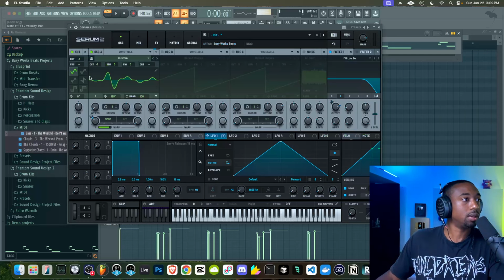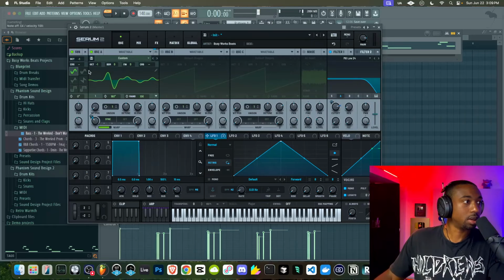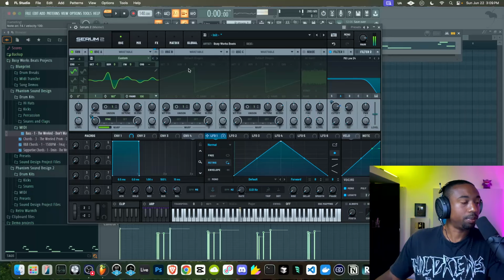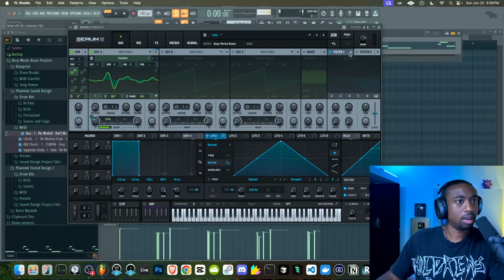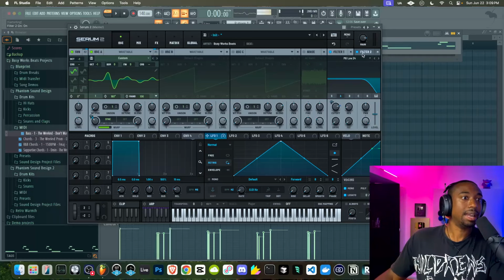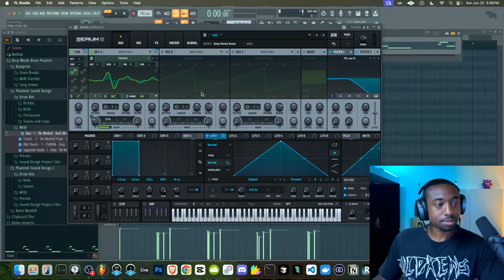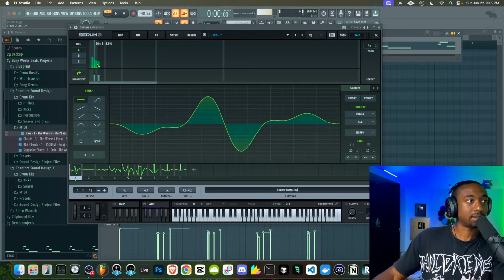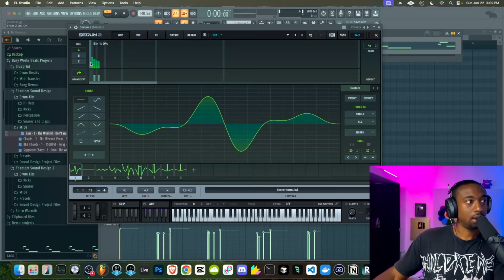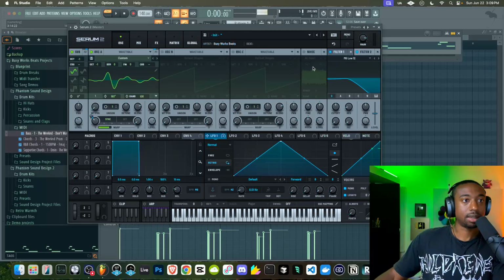But another thing we could do now with the sub oscillator is run it through different filters. So let's run it through a filter. Let's switch this to, I think by default it's in. Okay, let's run it through filter 2. Let's turn filter 2 on. And now what we can do is create custom harmonics for this fundamental frequency. So now we're stacking the harmonics of this sound, which only has what? The first harmonic, second, third, fourth, fifth harmonic. It only goes up to the fifth.